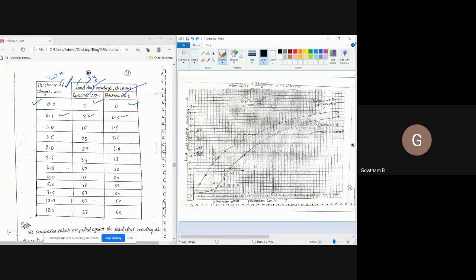I took the scale: on the x-axis, 1 unit is equal to 0.5 mm, and on the y-axis, 1 unit is equal to 5 divisions. This is the scale I used. I repeat, on the x-axis 1 unit represents 0.5 mm of penetration, and on the y-axis 1 unit represents 5 divisions. Now this is the curve